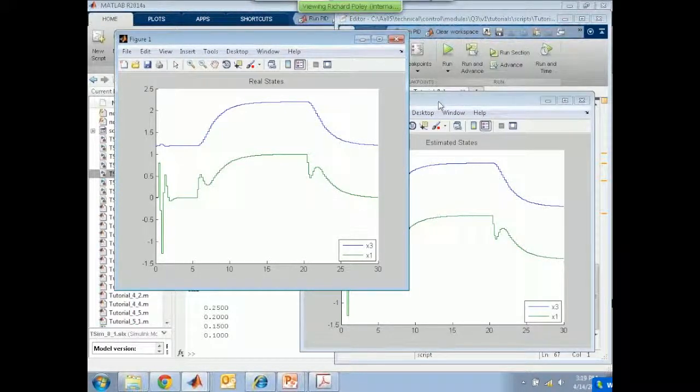So what's happening in this case is that the input is a function that goes from 0 to something and then back again. What we're seeing is that we'd like the output, Y2, which is the position of the second mass, to do the same thing. And it does, but it's got the eigenvalues of the system to contend with. So it's got 4 real eigenvalues there, so it's a kind of exponential response. And this is effectively what mass M1 has to do to get it to do this. And they do approximately the same thing, don't they? Estimated and real, they look pretty similar.